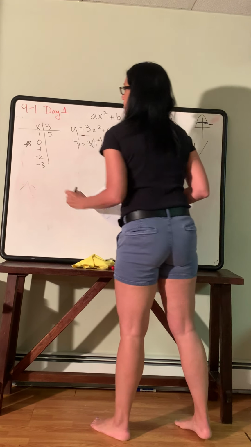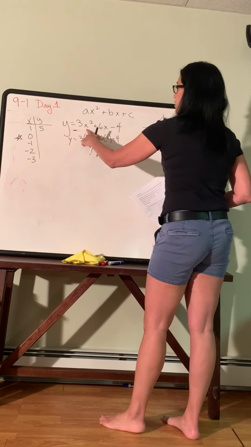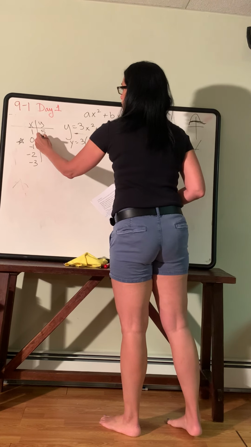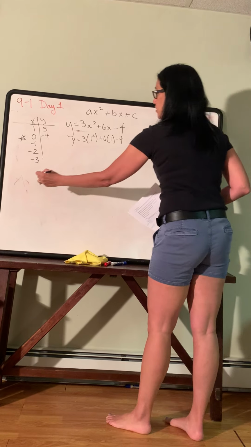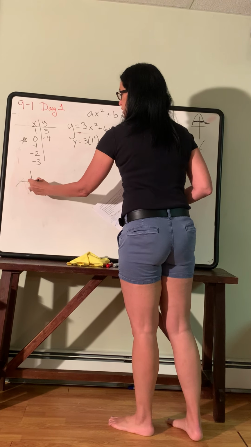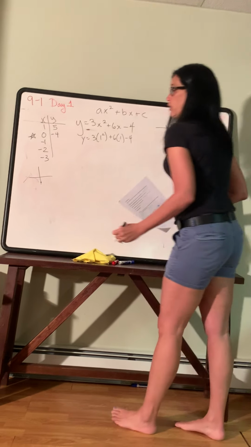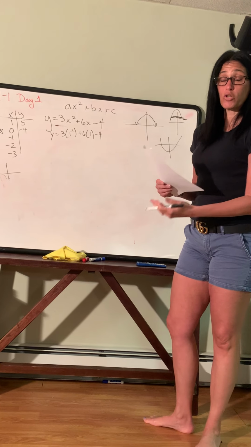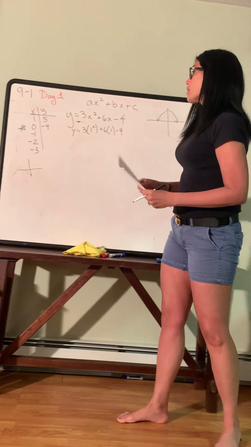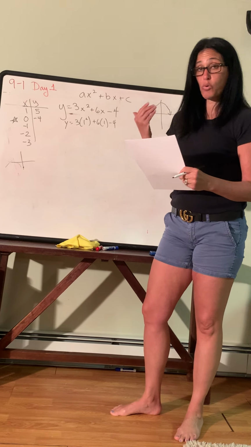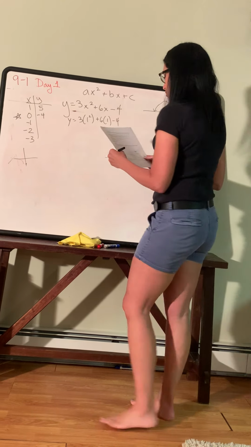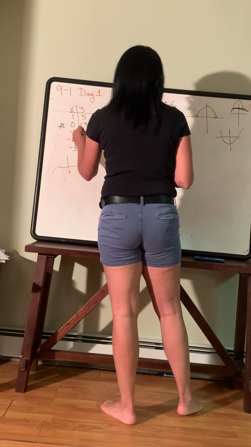But important thing about 0. When I plug in the 0 here, I wind up with -4. Thinking about this, if I were to graph 0, -4, 0, -4 would be here, which is on the y-axis, which means that's your y-intercept. So anytime you plug 0 into your equation, you're getting your y-intercept, and that's an important point that we need. So the rest of our points turn out to be